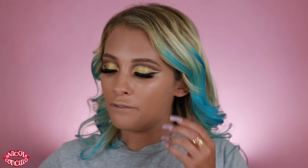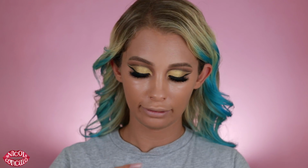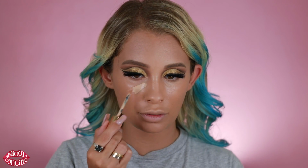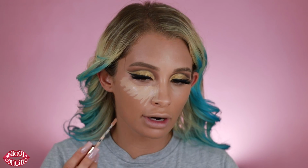So I think it's only fitting that we go ahead and use the YSL concealer with the foundation since it did come together. This is the All Hours concealer that I guess you do pair with it. Normally, I never use a foundation and concealer from the same brand. It's very rare that I do that, so this is a big deal. From using this on my eyes, it was pretty liquidy. I would describe it as more matte than creamy for sure, which I tend to stay away from,